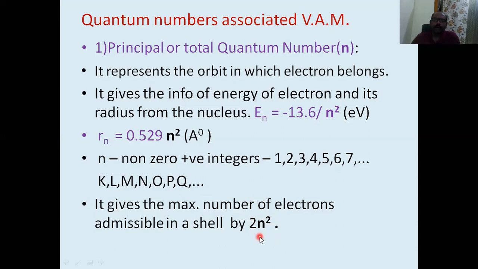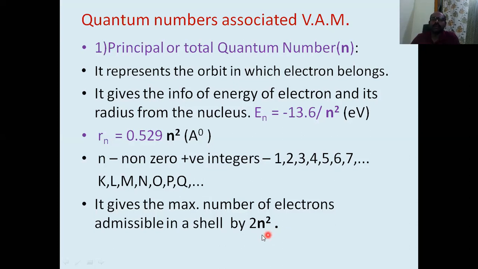So the maximum number of electrons in the second orbit is 8. It is also evident from the electronic configuration 2s2 and 2p6. In s orbital there are 2 electrons and in p orbital there are 6 electrons, a maximum of